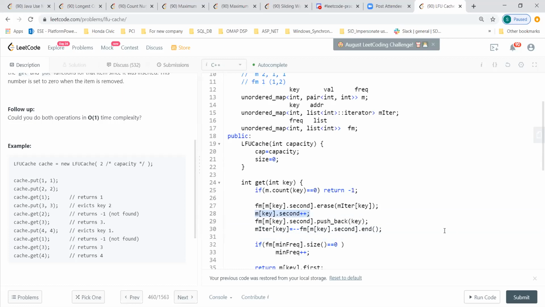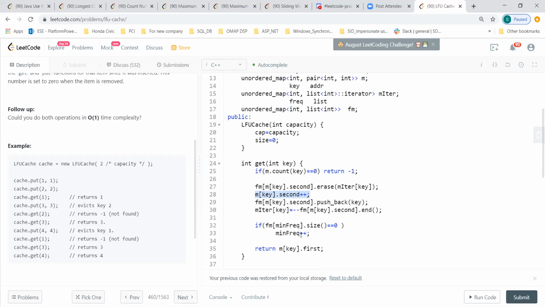So basically, he has to update his list and put this element at the back so that he knows that this is the least frequent one. And then if the size of a particular frequency is 0, then we have to make it 1, right? So that is what is being done here. And then just return the value.